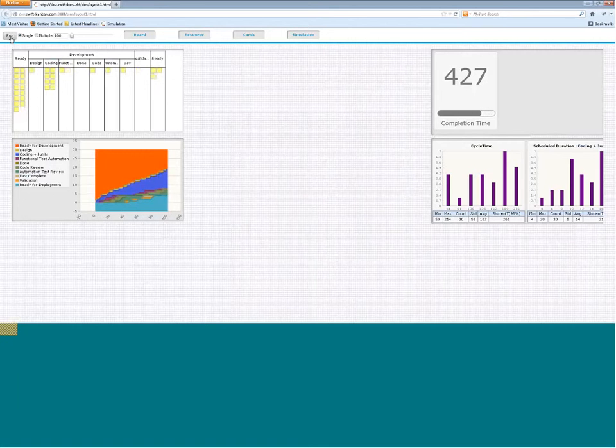Okay, so in essence, what I'm able to do is this kind of what-if scenario. It is just easiest to say okay, let's add people if I want to increase my throughput and reduce my cycle time.